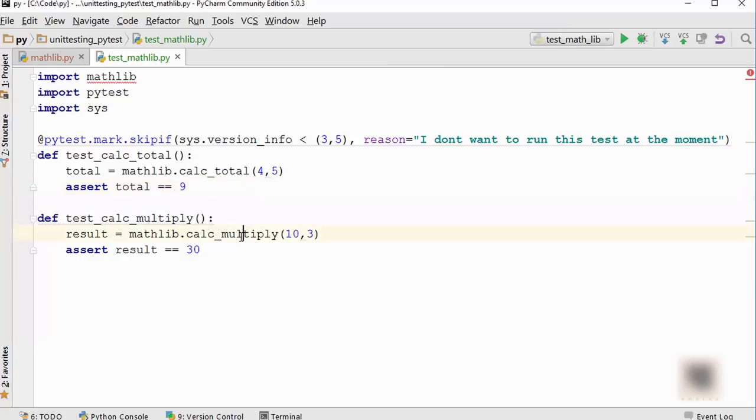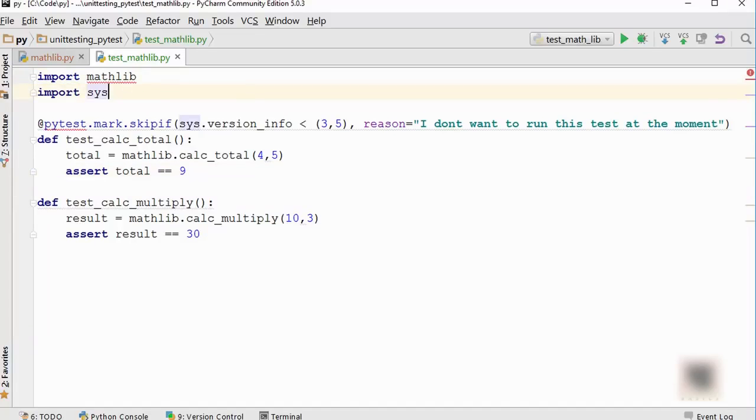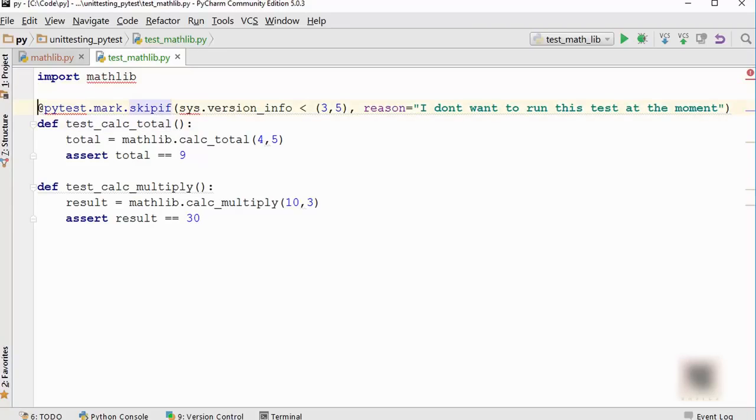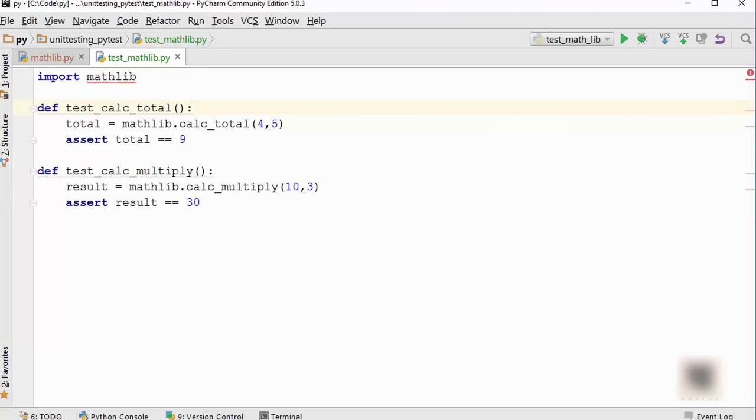Now, how do you run certain tests based on their name? Okay, so let's say I don't want to use this skip marker, because in that case I have to put the skip marker in all the tests that I want to skip or run, right? So I don't want to use it, hence I'm removing it right now. And let's say I want to run tests based on their name. So for example, I want to run all the tests which have multiply in their test name. So here I want to find a substring multiply, and whichever test contains multiply in its name, I want to